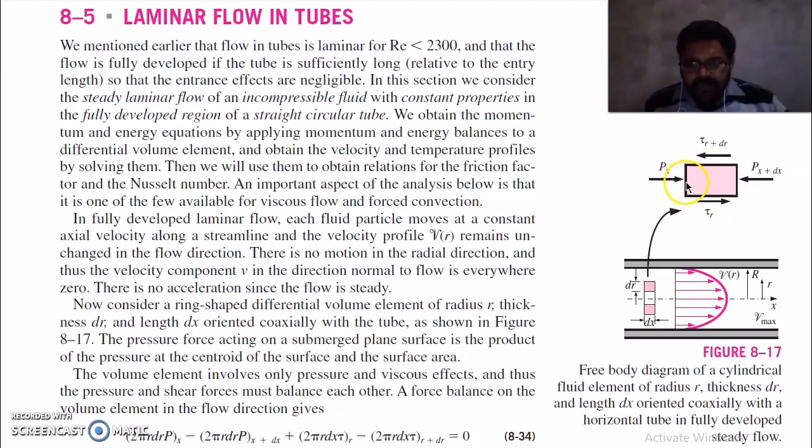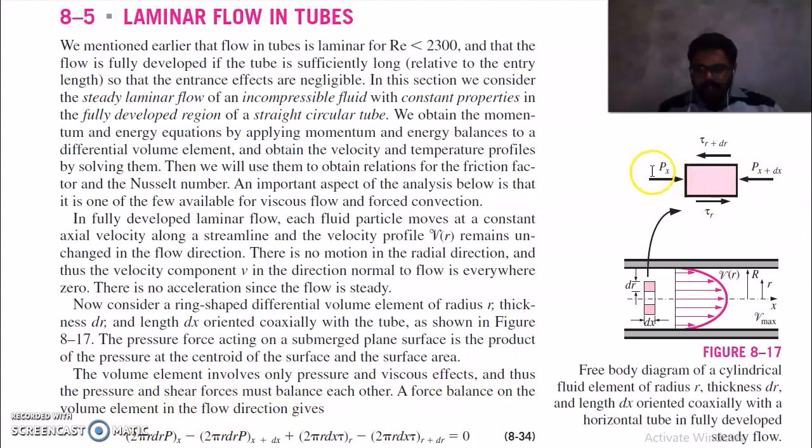The pressure on this side is P at x, the pressure on this side is P at x plus dx, and shear stress will act on the surface, because when you move away from the center, viscous and shear force will come into play. So this shear stress on this surface will act in this direction, and because of the no slip condition at the upper surface, the shear forces at the upper part of this ring will act in this direction, which is tau at r plus dr. At this surface the radius is r, so the shear force at the inner surface is tau at r. So a force balance on the volume element in the flow direction gives